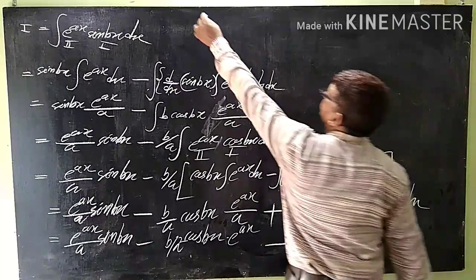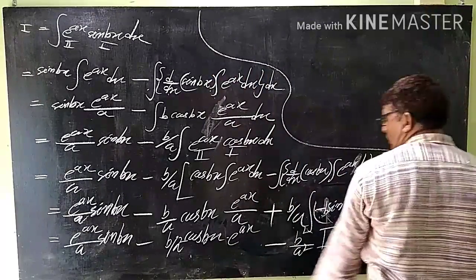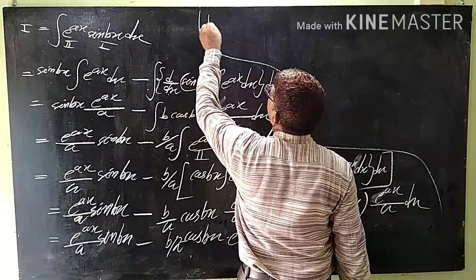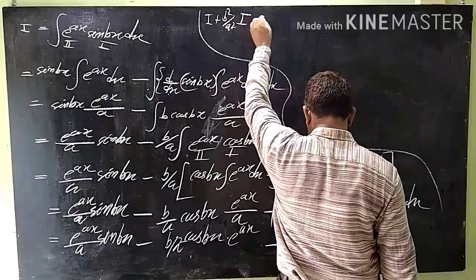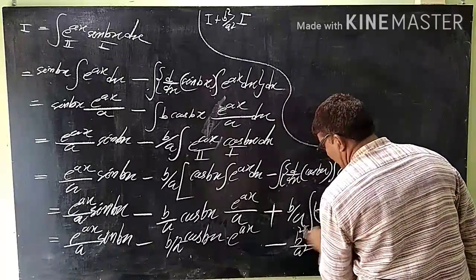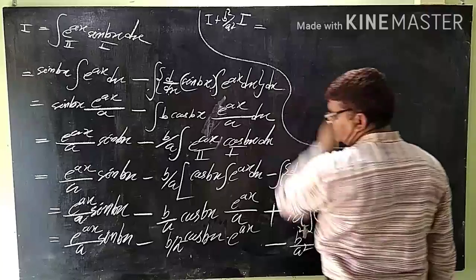Now it is equal to I plus b square upon a square I equal to